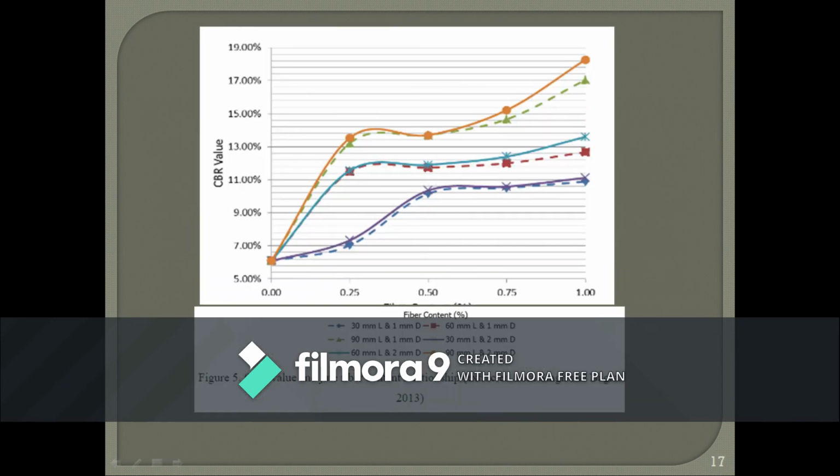So look at the graph. We have 3 graphs, and the 3 graphs are related to 2 mm and 4 mm length, and here 1 mm and 2 mm length. And the next thing we have is the dotted line, the dotted line 2 mm and the dotted line 1 mm and 2 mm. For each we have 30 mm, 60 mm, and 90 mm length. And how is the change in CBR value? It has changed enormously, up to 200%. So over here you can just read that from the graph.